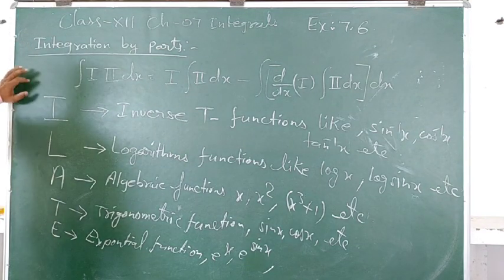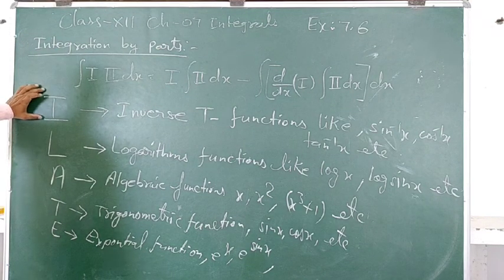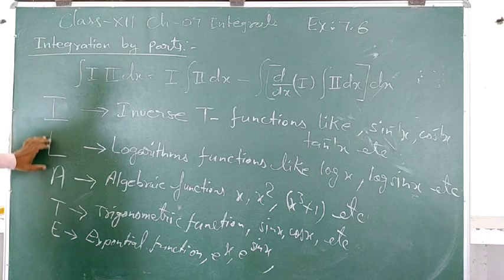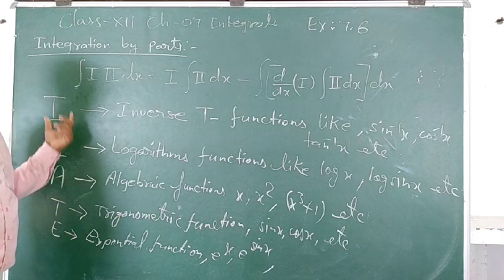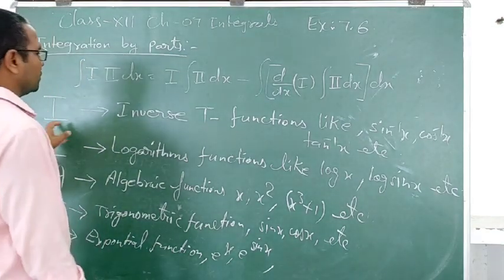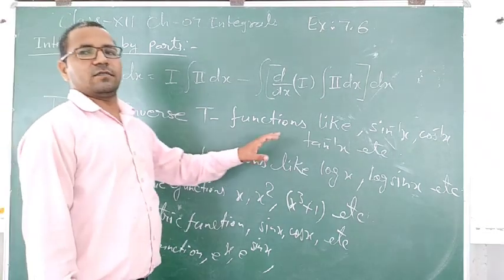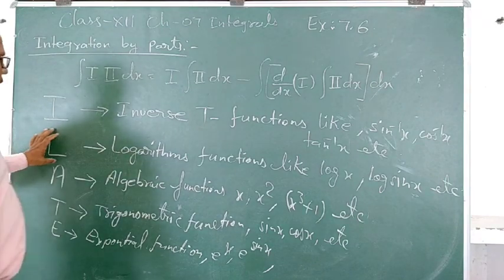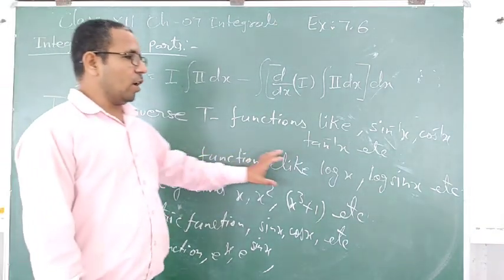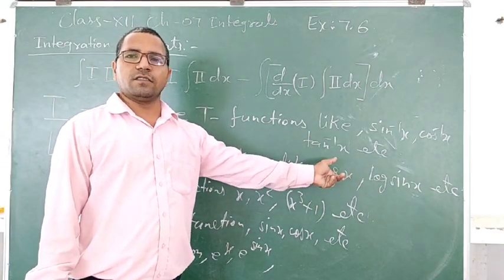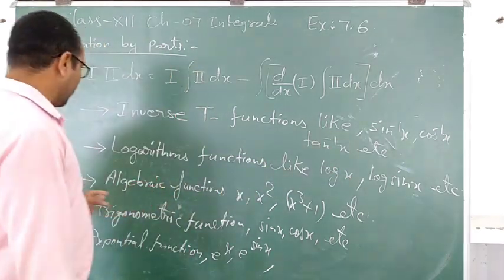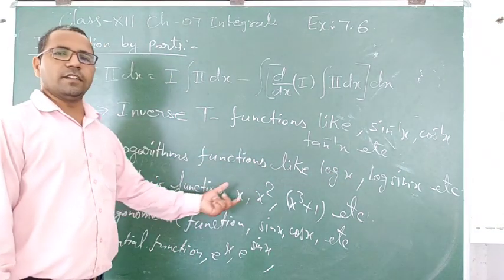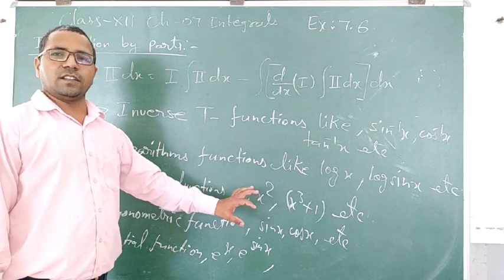So now students, we can remember this one as the Euler form, I-L-A-T-E, related as Euler form. I come first, that means inverse trigonometric functions will come first only. After that, logarithms come second, so log functions will become the second functions, and algebraic functions will become here as a first function or second function.